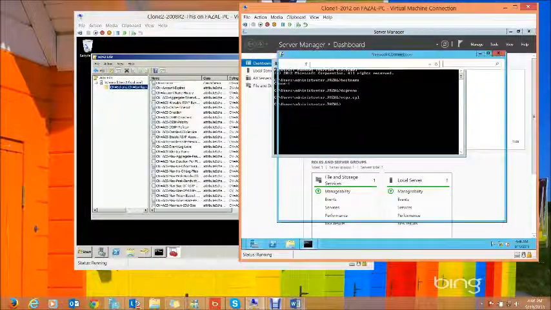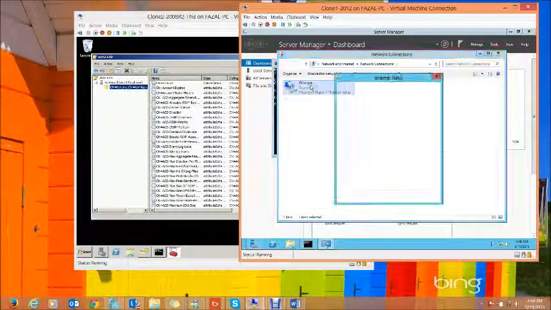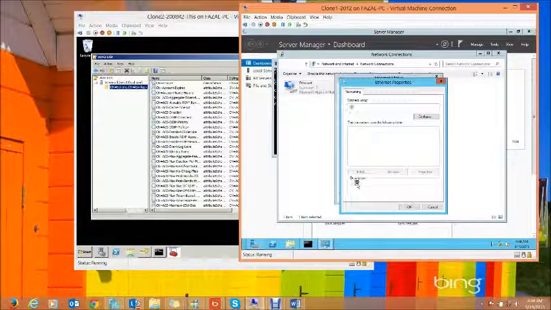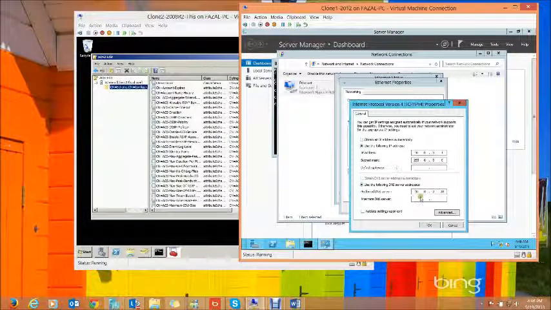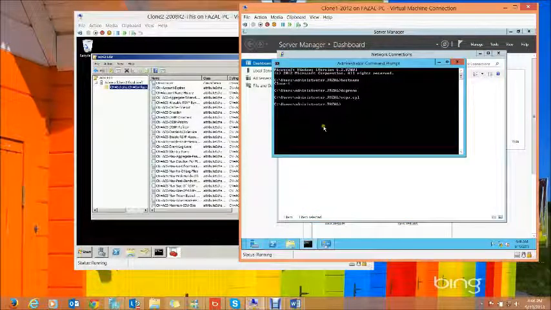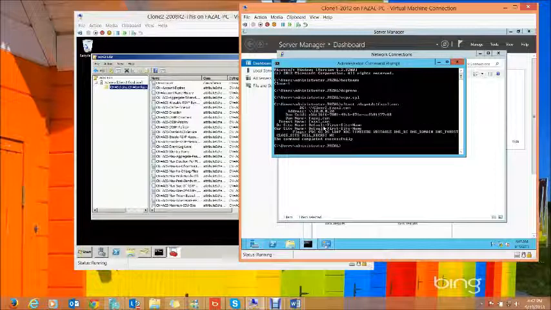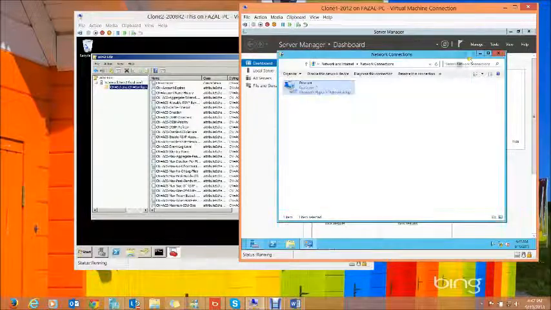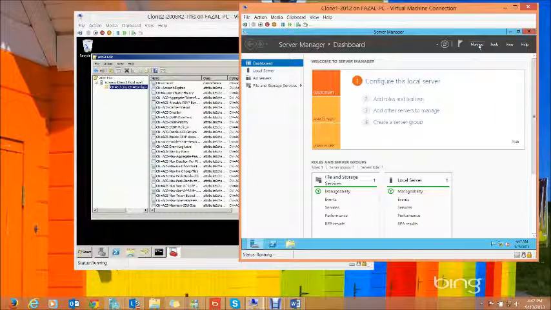We come over here on our new DC. First, we'll fix the IPs. So this is correct. The preferred DNS server is my DC, and I will test a bit more. The name of my domain is puzzle.com. It's able to find that domain controller as well, which is fair enough. Now, what I'll do is click on Manage and Add Roles.